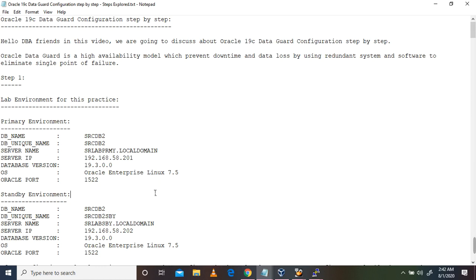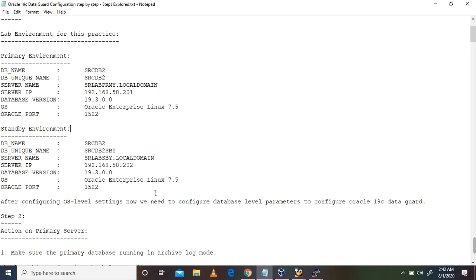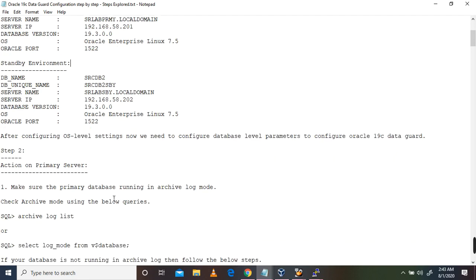The standby environment setup has the same configuration, but the DB unique name, the IP address and the server name have been changed. The remaining things are the same.